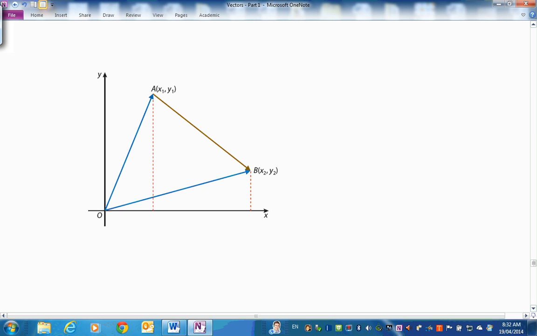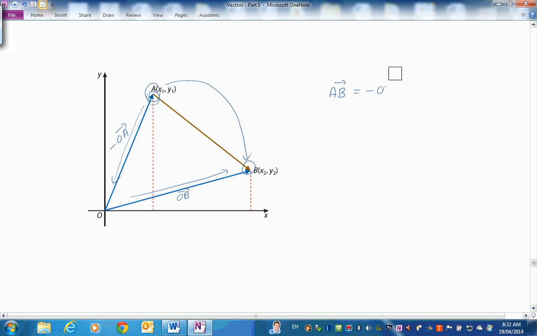Here is a generalisation of what we've just done. If we're going to displace point A to point B, you could think of it as going around the closed figure, couldn't you? Let's go around this way. What's that? That's negative OA. Okay, O to A is that vector there. We could go negative OA and then plus OB. So AB, the displacement of A to B, could be thought of as the sum of minus OA